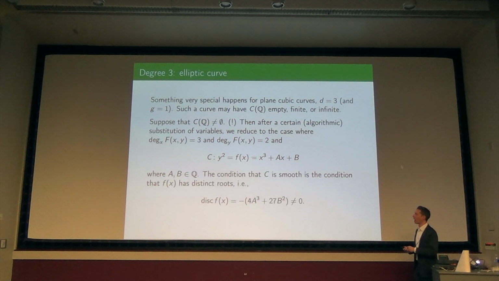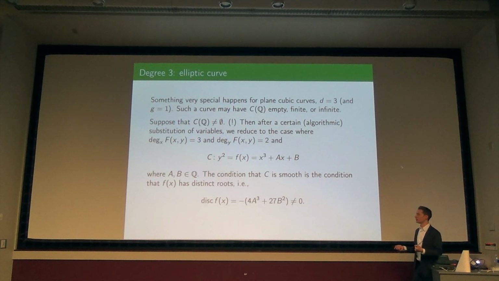And then I asked at the very beginning that the curve C was smooth. Maybe not at the very beginning, on the third slide. What is the condition to be smooth here? Well, you need to take this expression, take its x derivative, take its y derivative, and say, could there ever be a solution where I'm at a point and both of those things vanish? And this happens exactly when the discriminant of this polynomial is zero, it's smooth if this discriminant is non-zero.